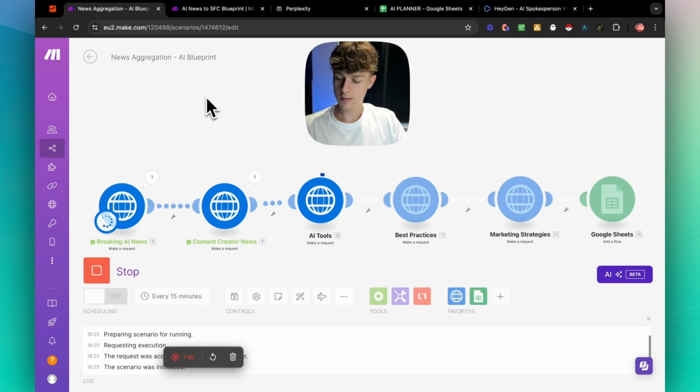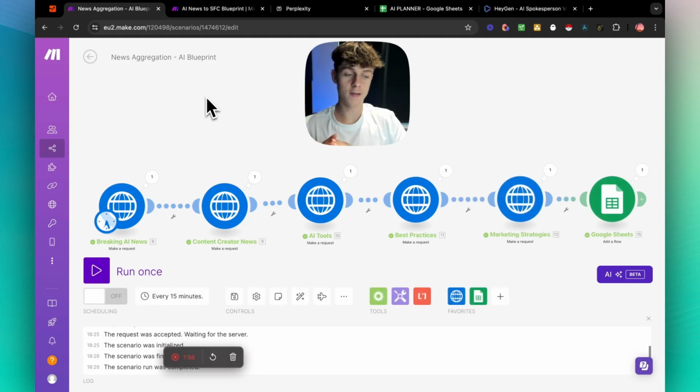Give it a second. Now it's doing best practices, then it will do marketing strategies, and then it will just put that into Google Sheets. And then I'm going to show you the second part of this automation, which is simply turning all of this into actual content and then building the content as well. So as you can see,